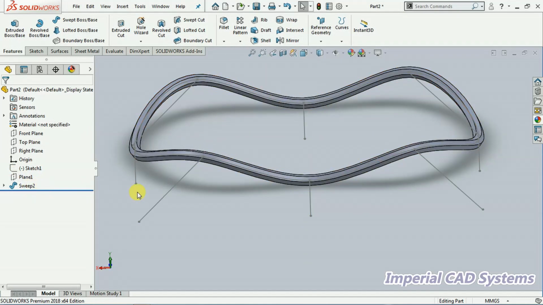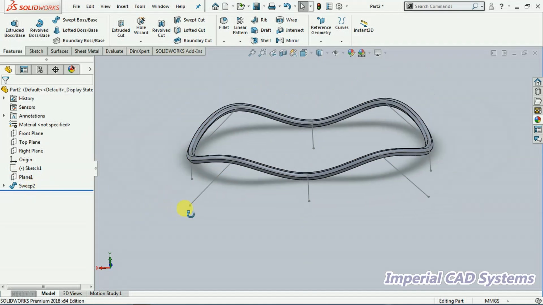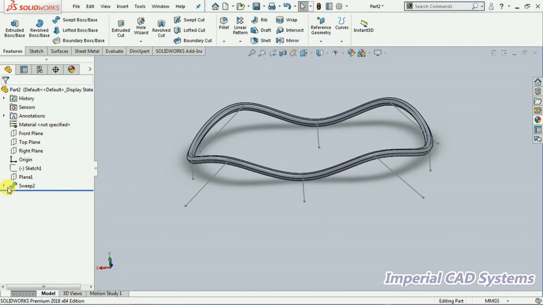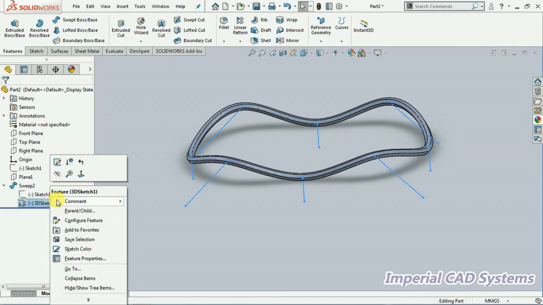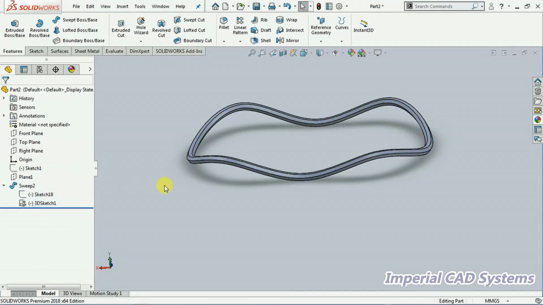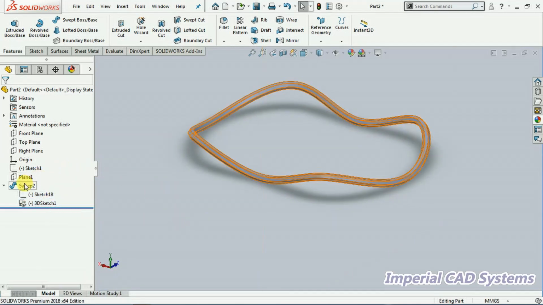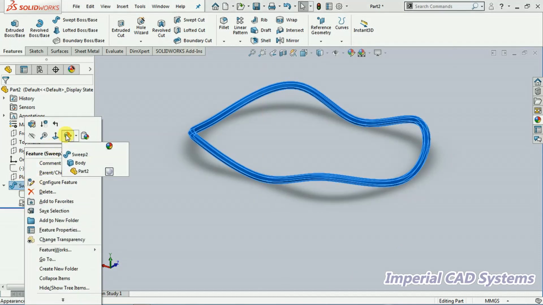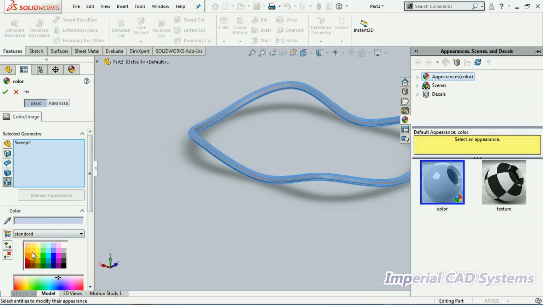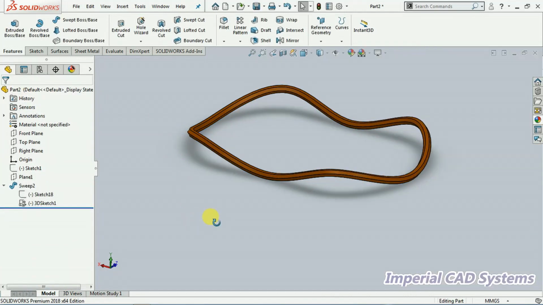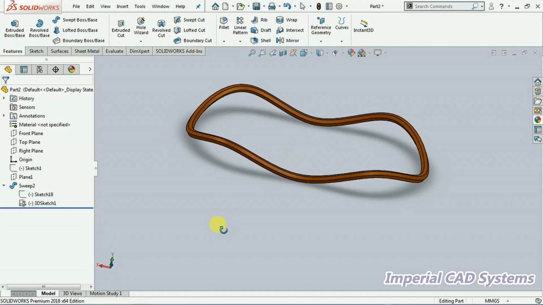Now what I do is, I hide this sketch now, the 3D sketch. I apply a color. Then for the axis,